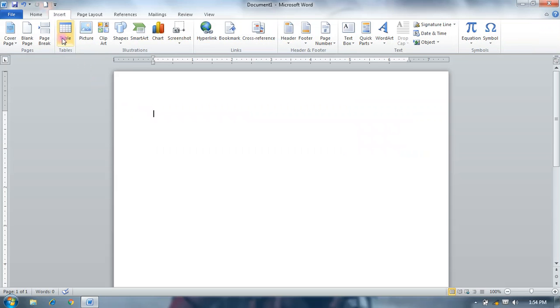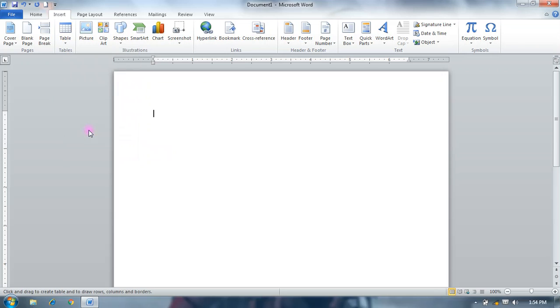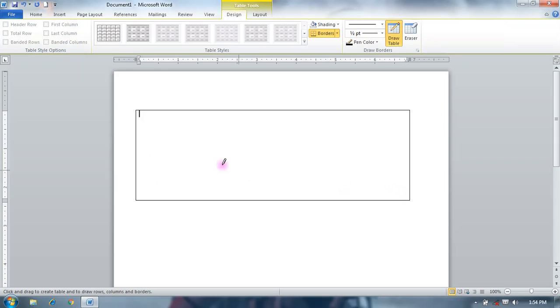Next option is Draw Table. Click on it and you can see your mouse pointer is converted into a pencil and you can draw your table as like that.